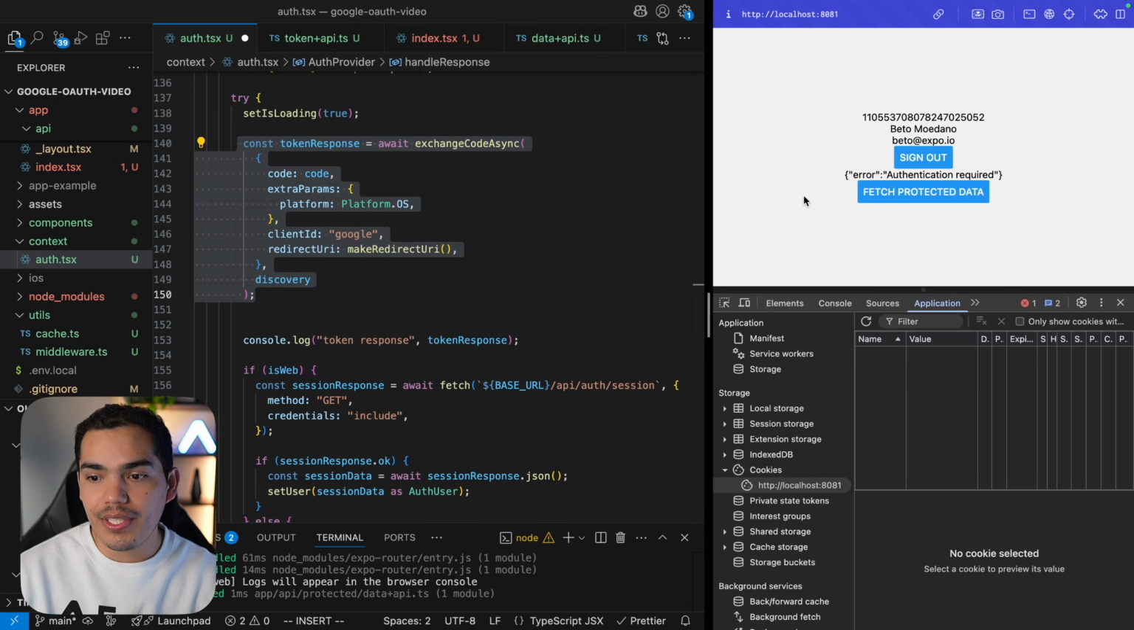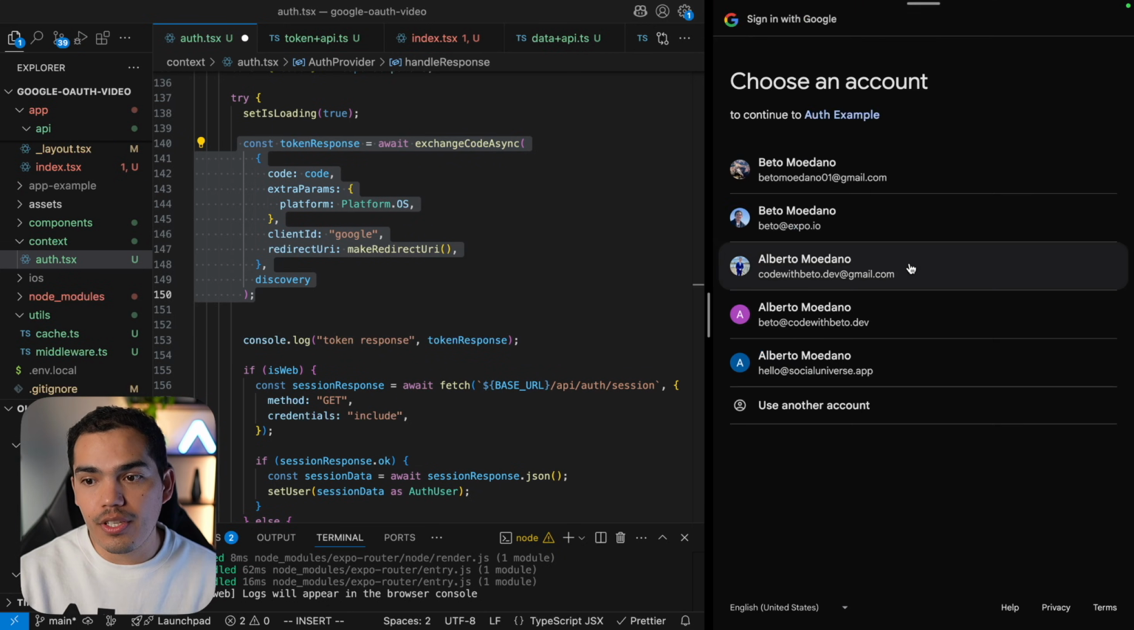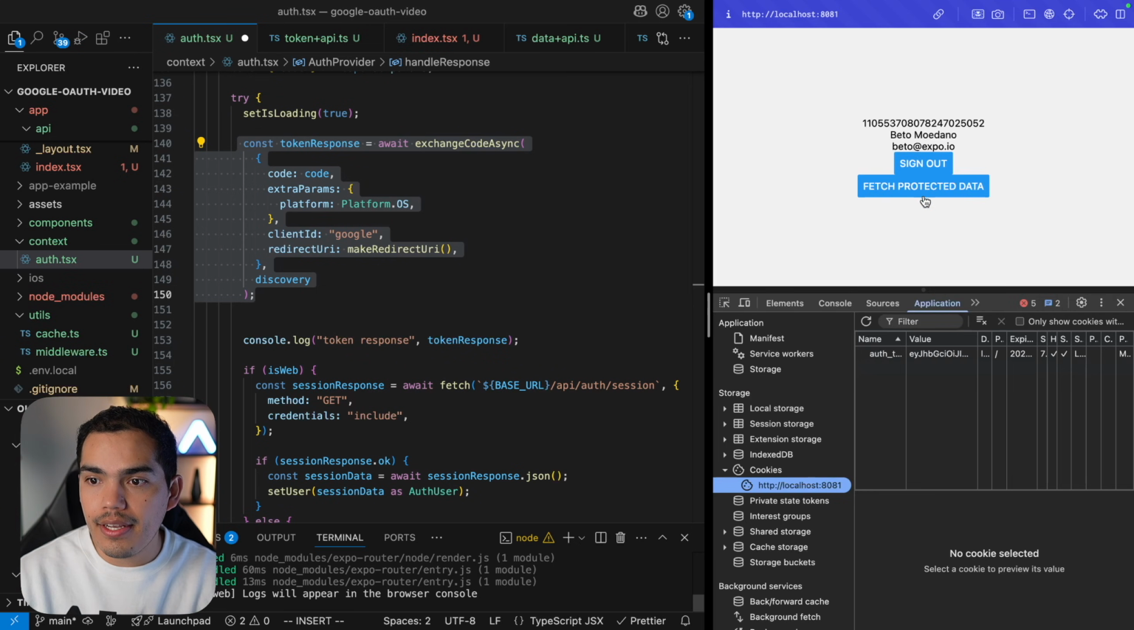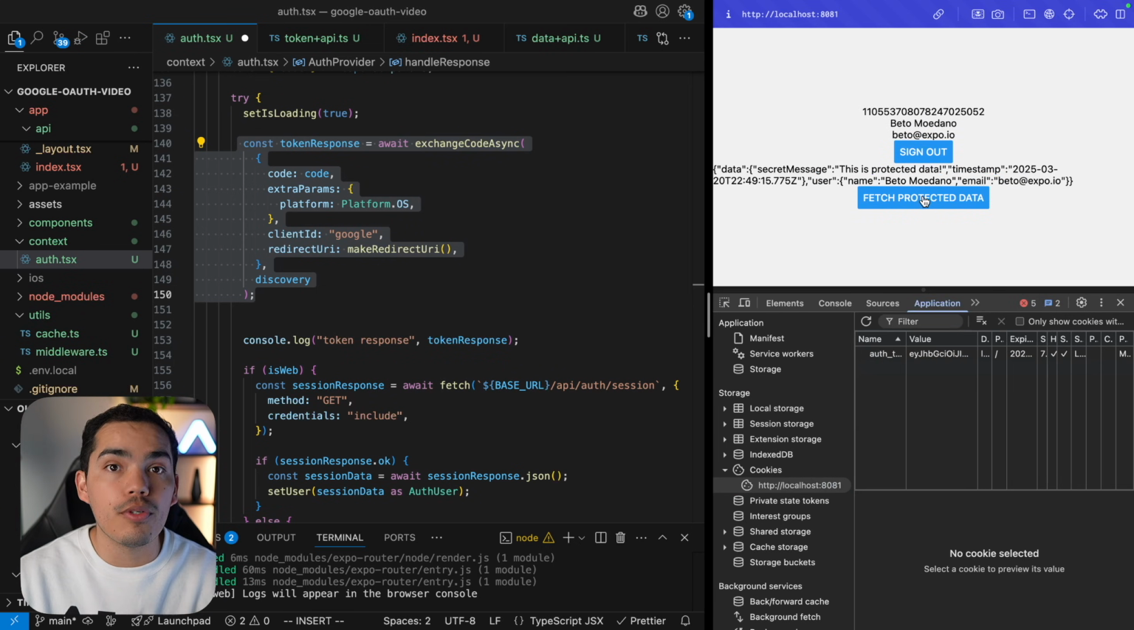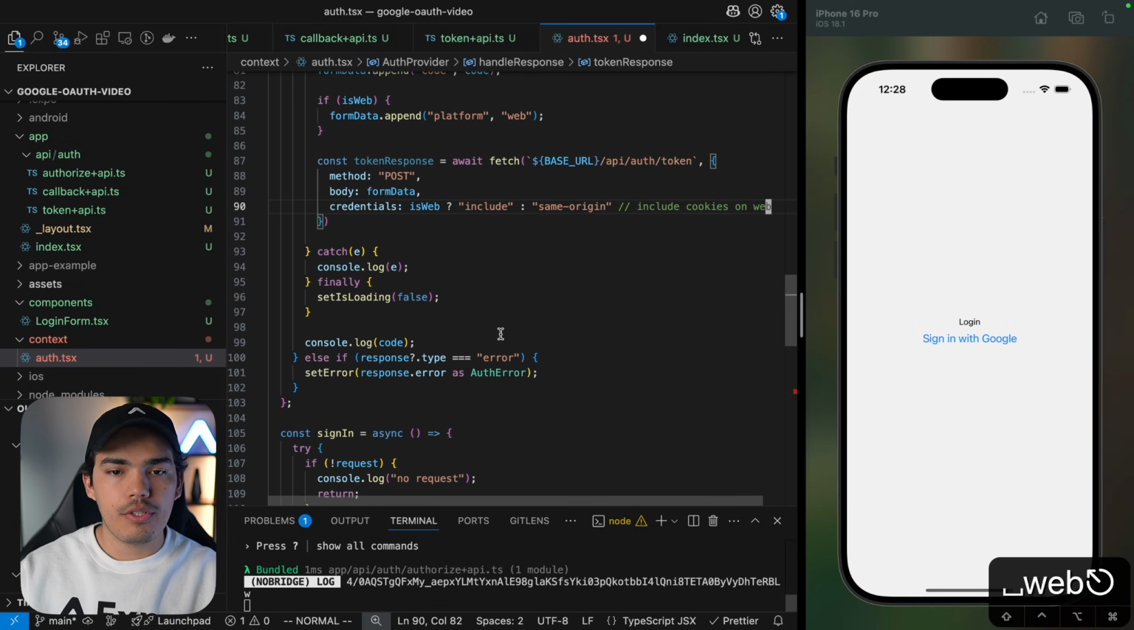And okay, at this point, as you can see, the cookie disappeared because I had the expiration for 20 seconds. But if I reload, and yeah, I need to sign in again. But if I sign in again and then fetch protected data, I'm able to get the data. Okay, so that's it. Let's continue with the video. Sorry for the trouble. So for web, the server is going to set the cookies on the server side, and